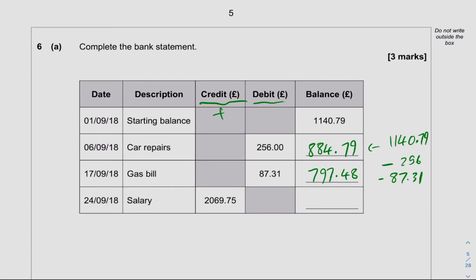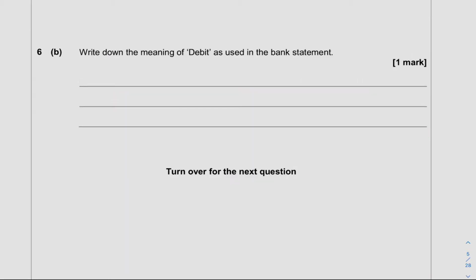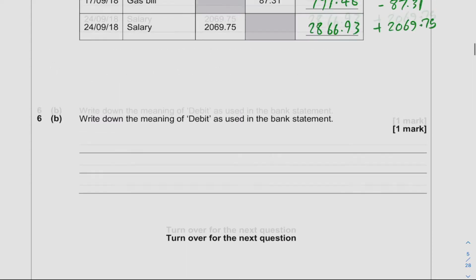and of course from before, debit means we subtract. So we then add to our £797.48, we add £2,069.75, and this leaves us with £2,867.23p. So for part B, we need to write down the meaning of debit as used in the bank statement